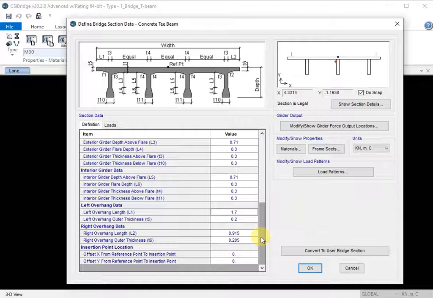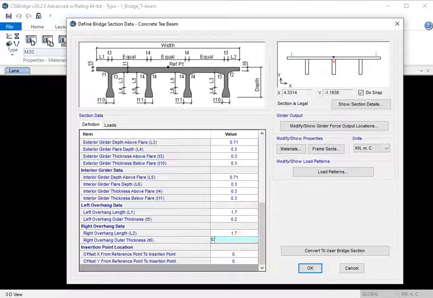You can cross check with that overhang length. Again it is 1.7 left overhang. The girder thickness is 0.2. These are the different data we can input here.